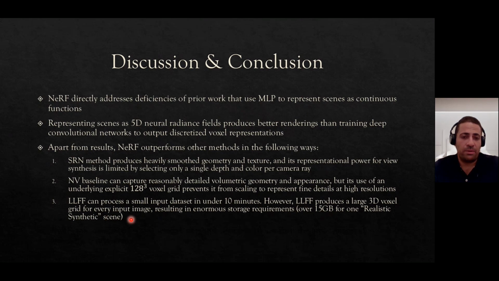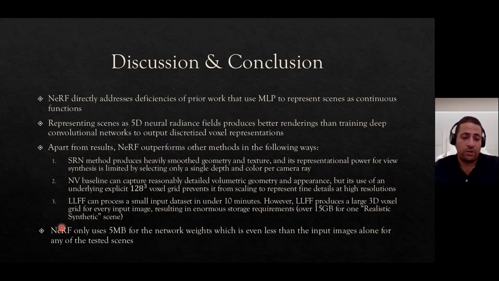So this is big for one scene to be represented. Now, on the contrary, NeRF only uses 5 megabytes for the network weights. This is even less than the input images alone for any of the tested scenes. So this is really impressive, and this is why I think NeRF was a breakthrough in this area after I